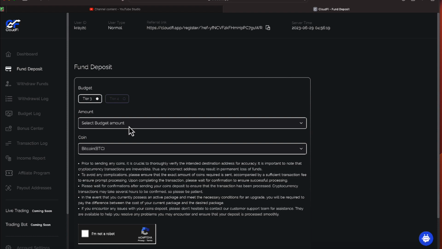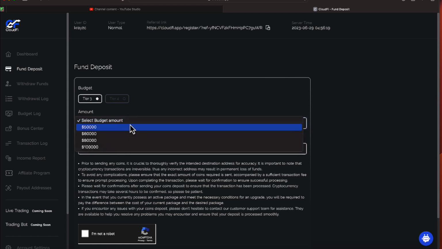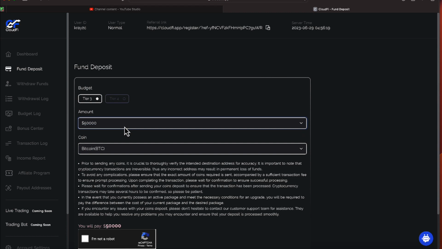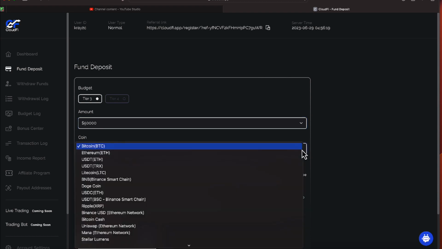So for me, I'm already in tier 3. So for me to upgrade, I would have to go 50,000. Now, since I'm already a member of the account, things would be a little different. I would only need to add the difference between my account being 40,000 and 50,000, which would be 10,000. So again, acting like this is a smaller amount, then I would choose,